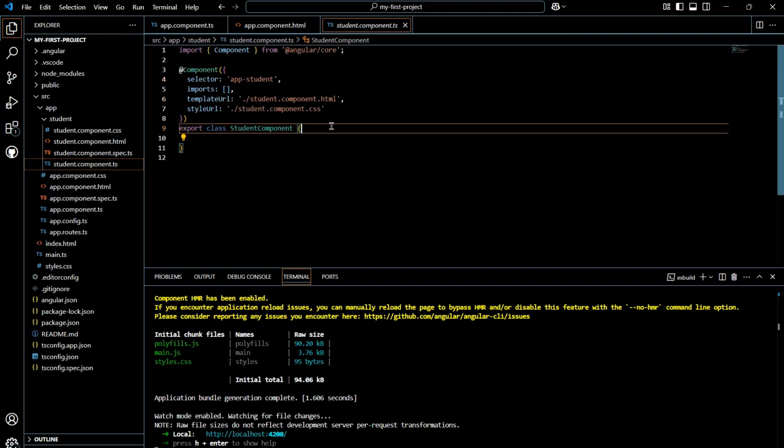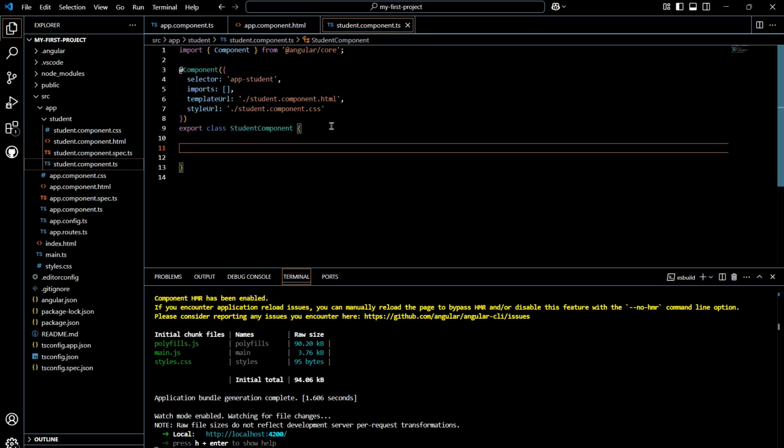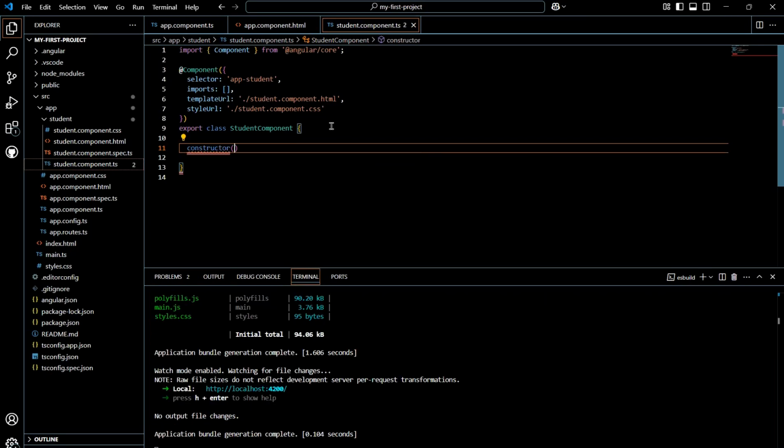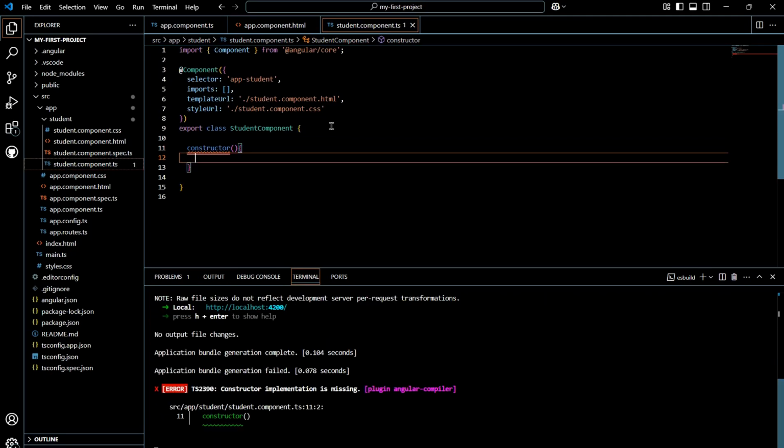Here we will define all the required things like constructor, ngOnInit and ngDoCheck. Constructor and ngOnInit are already discussed, so I'll not take much time on it. I'll just quickly create it. So constructor, here I'll put